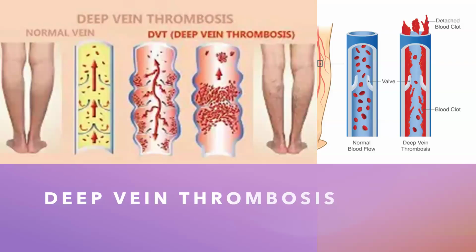Blood clots that form within the deep veins are called deep vein thrombosis, DVT, and they produce pain, edema, and warmth. So that's our assessment. When we look at these patients' legs, they're going to have swelling, they're going to be red, and it's going to be painful and very warm to the touch, okay? And so we send that patient down to have an ultrasound so that they can check to see where